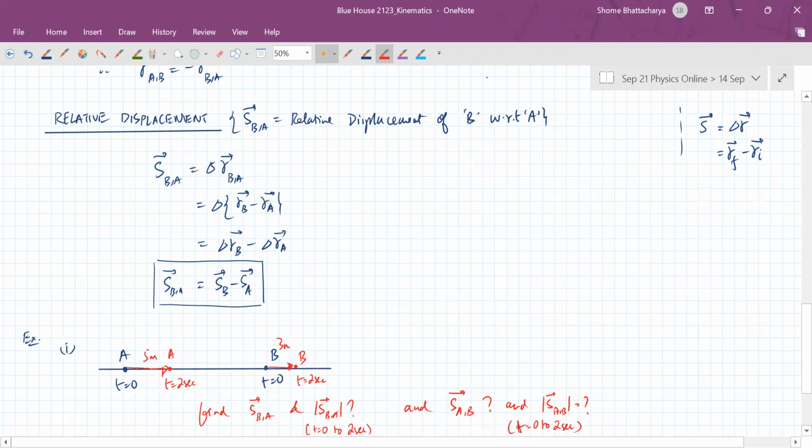During this specified time interval of 0 to 2 seconds, which I'm showing in the diagram above,